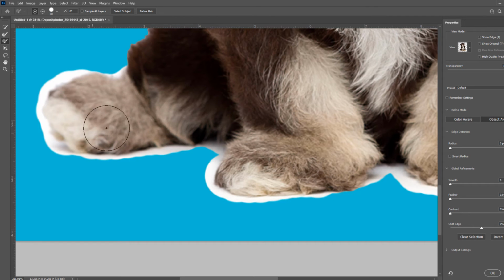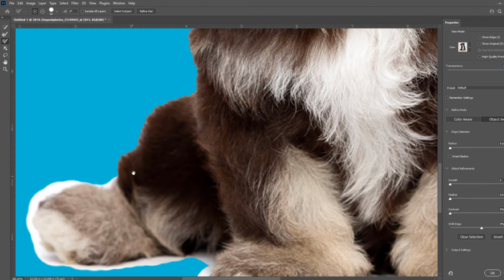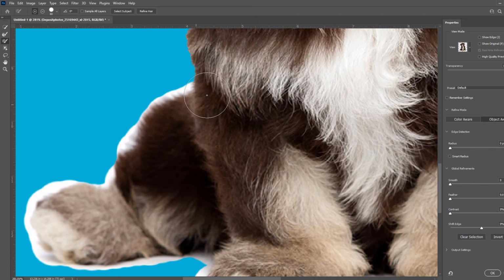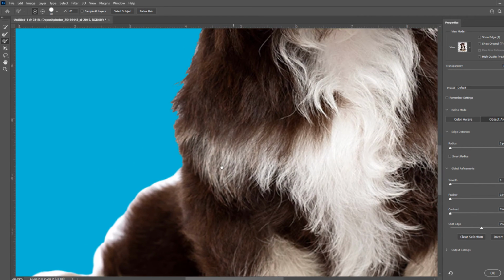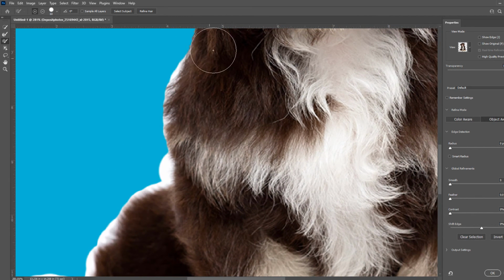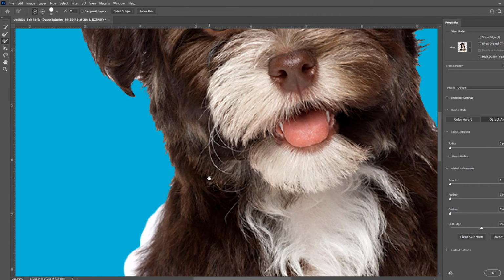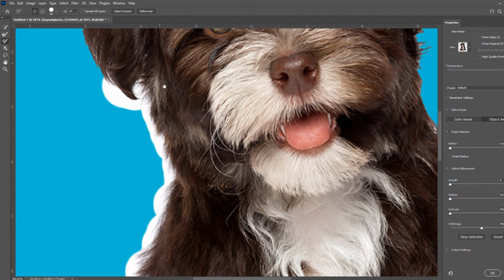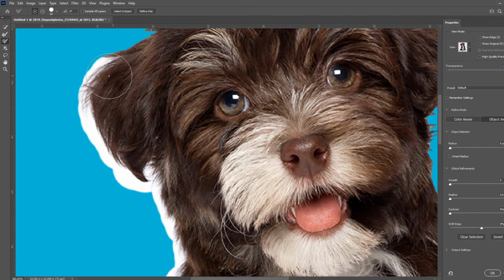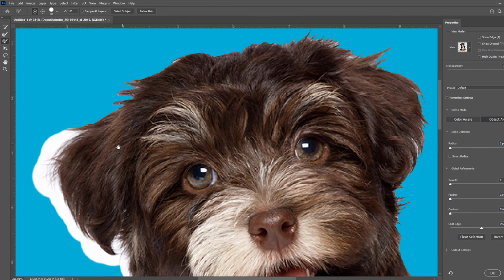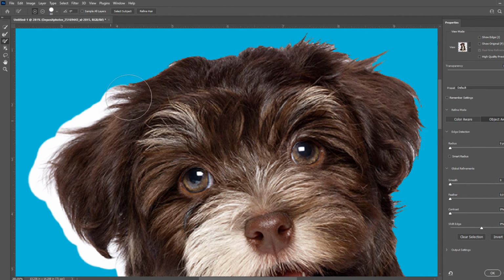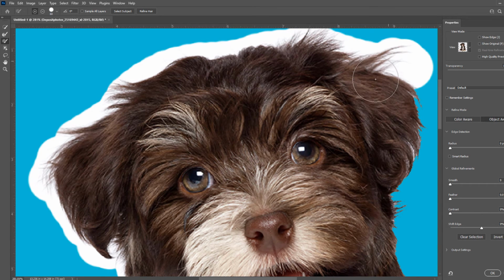Now with the broad stroke here, with the rough cut, you don't have to be awesome with it. And you can do these long strokes like I'm doing here to kind of select everything. I do not recommend doing that with the refined brush. With a refined brush, you want to do short, quick strokes, because if you don't, one, it's going to take your computer a longer time to process it, but then also you're going to end up with too much data in the selection, and Photoshop won't do as good of a job selecting the